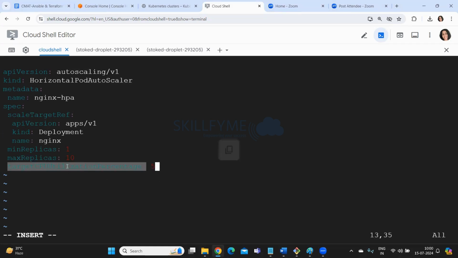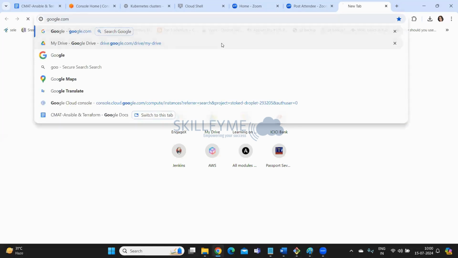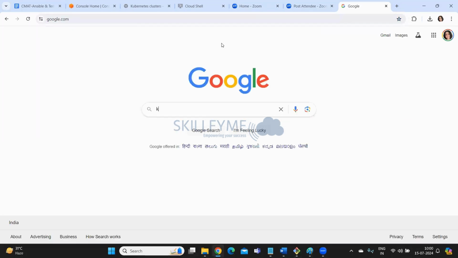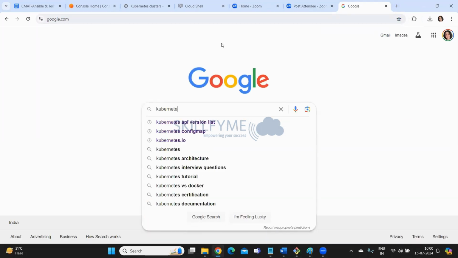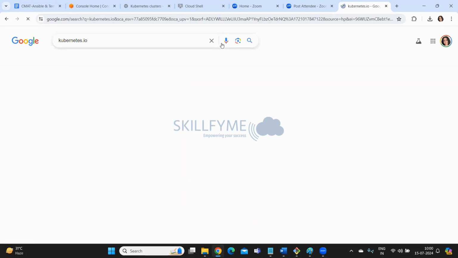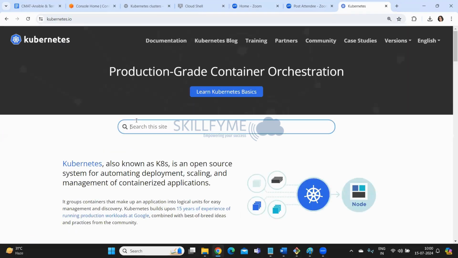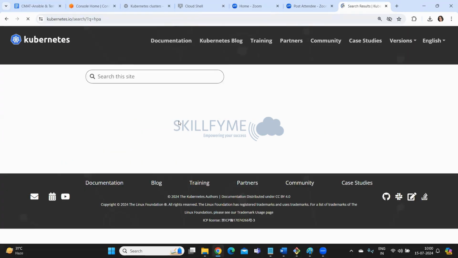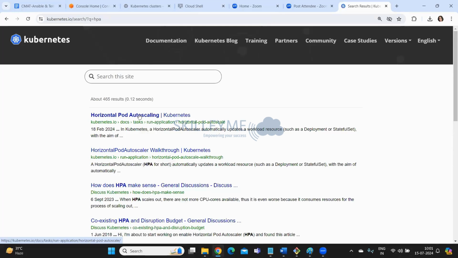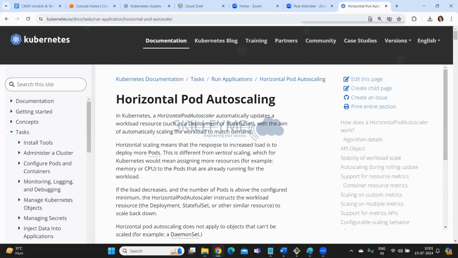What is target CPU utilization? Let us discuss that via the Kubernetes documentation for a minute. So if you go to kubernetes.io, its official website, and if I take you to the horizontal pod autoscaler, and if you look at its CPU utilization,